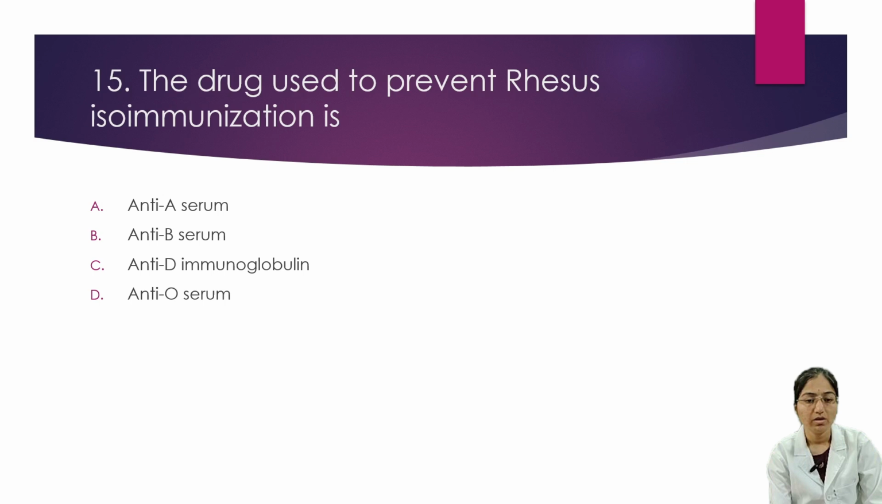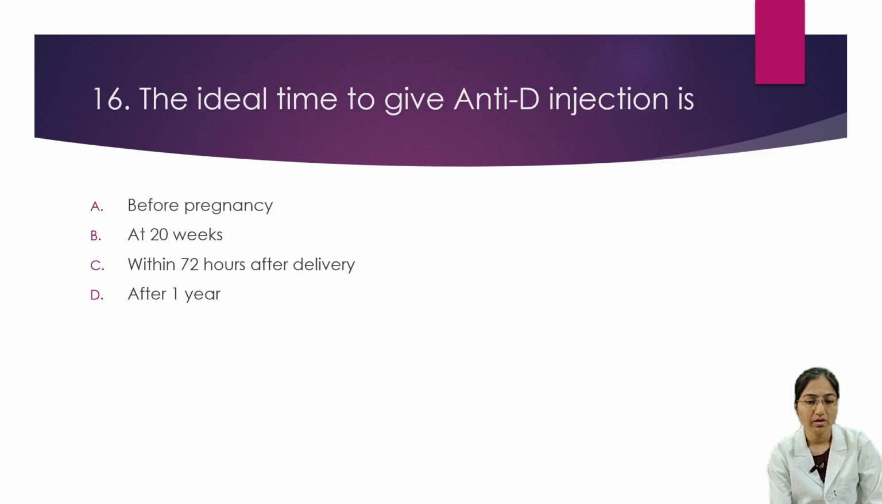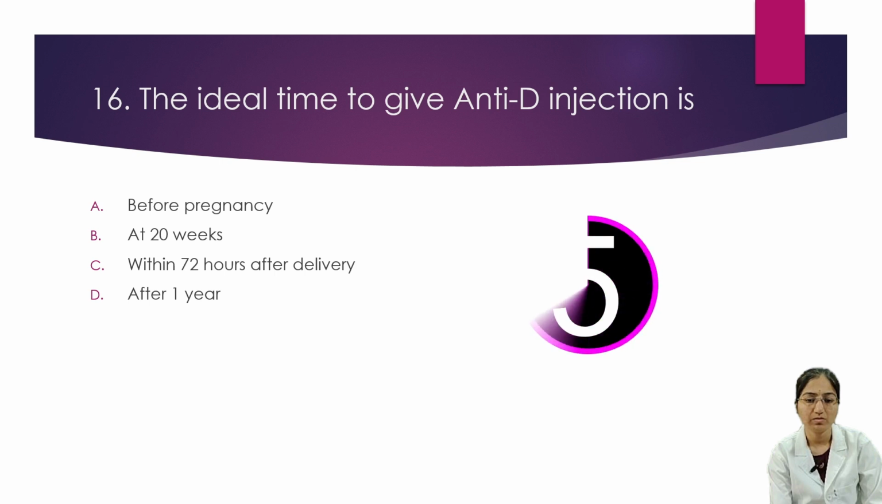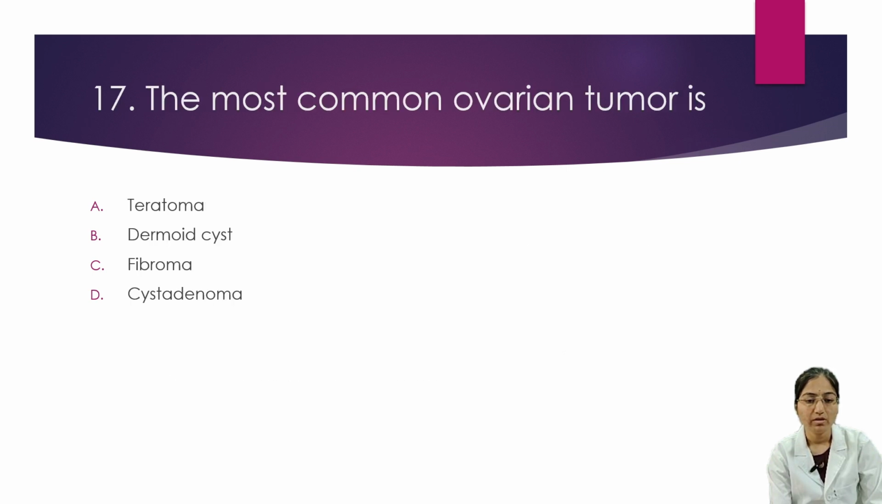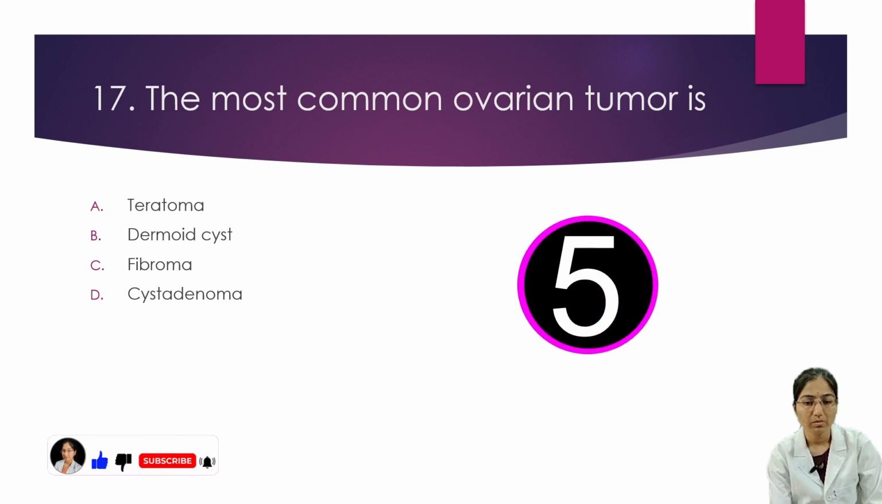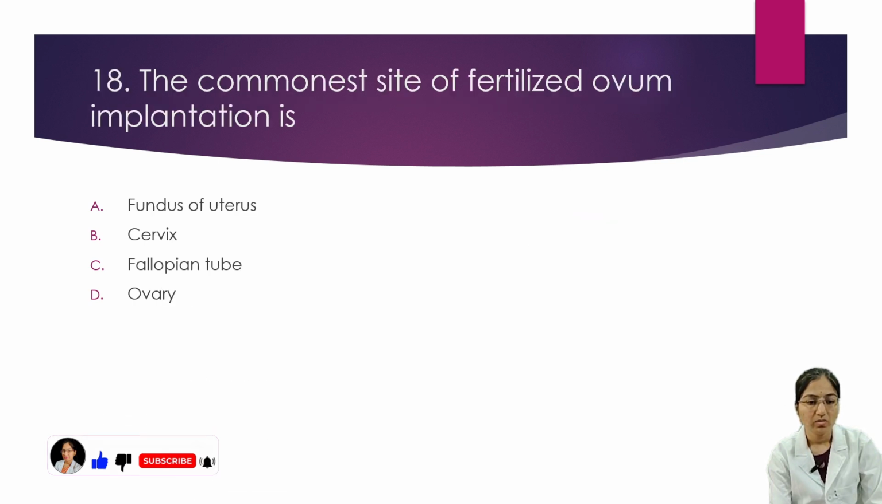500 ml. The drug used to prevent Rh isoimmunization is anti-D immunoglobulin. The ideal time to give anti-D injection is within 72 hours after delivery. The most common ovarian tumor is cystadenoma. The commonest site of fertilized ovum implantation is